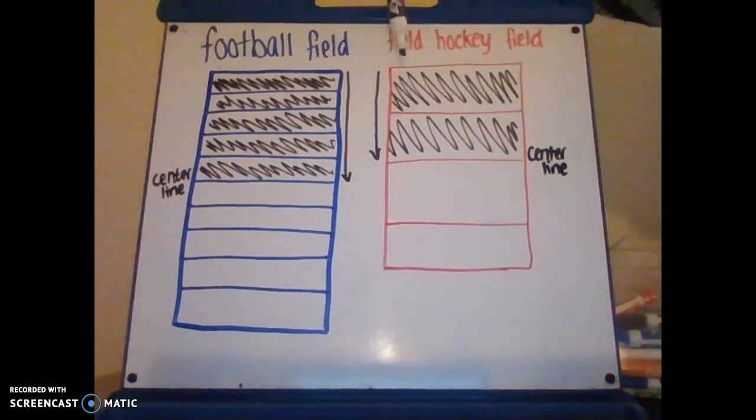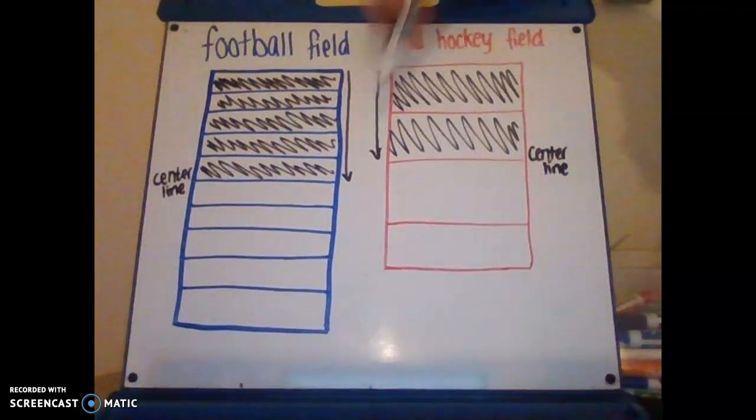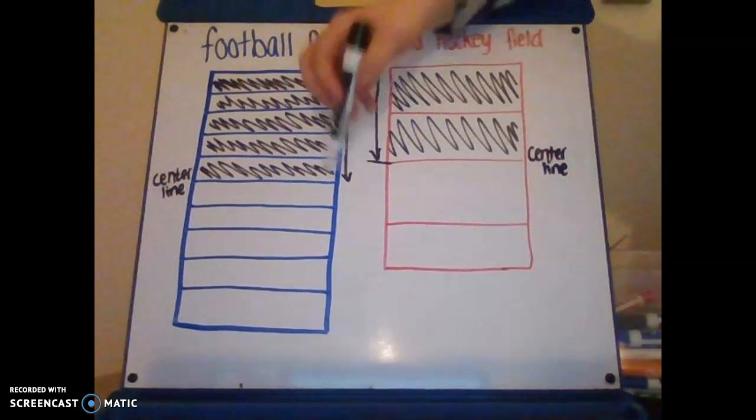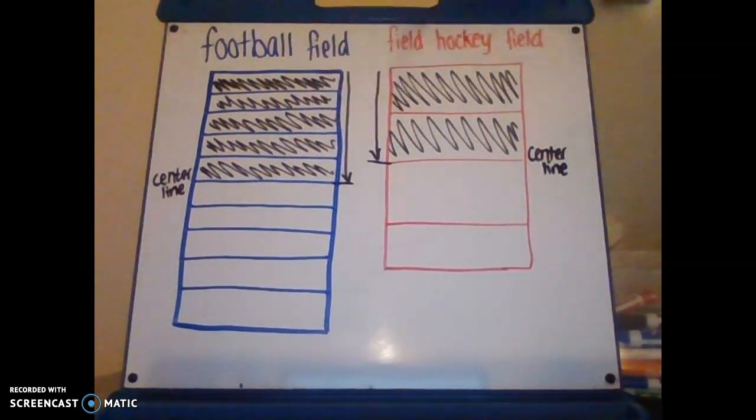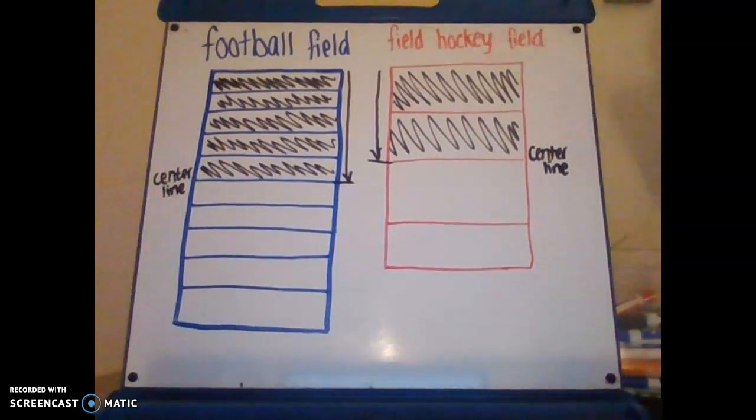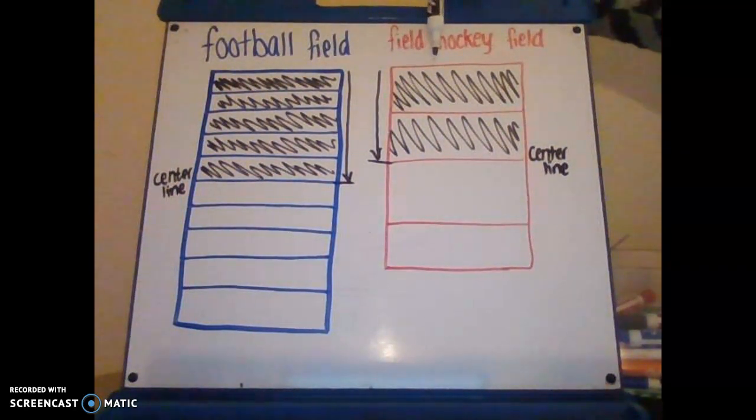The athletes did not run the same length because the fields are different lengths. This field is shorter, so she ran shorter. She stopped running here, and this athlete stopped running here. So although they both ran 1/2 of their fields, we can see that they did not run the same amount. We cannot say 1/2 of the football field equals 1/2 of a field hockey field because